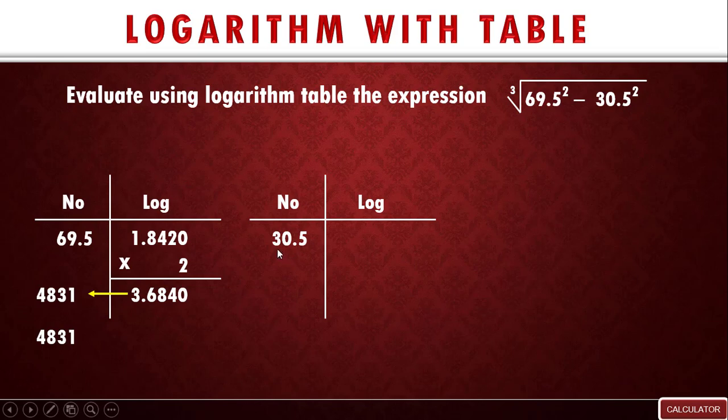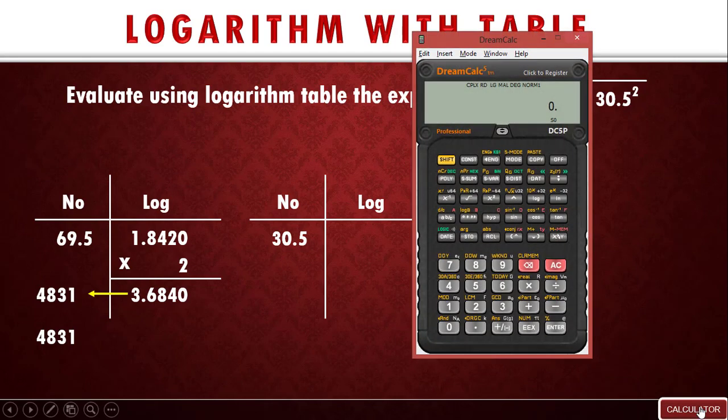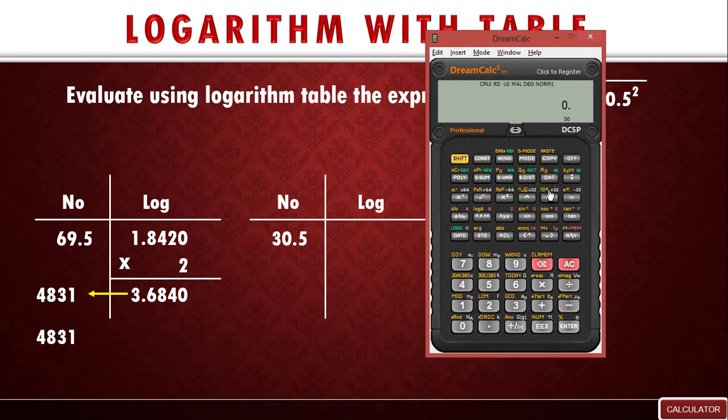If it is greater than 1, that means you can use your calculator to determine it directly. So let's use our calculator to solve the log. So we're going to work out log 30.5, enter, or equals to, that's giving us